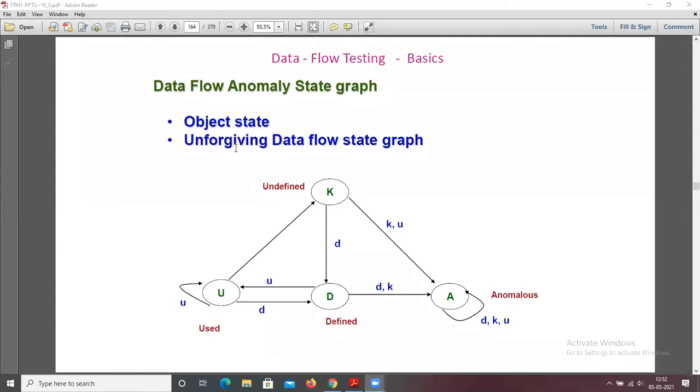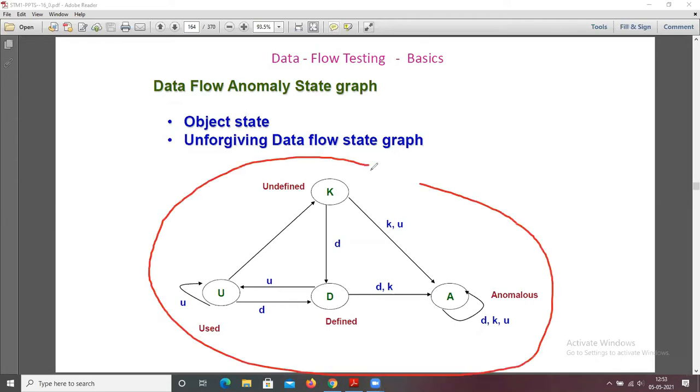If you observe this data flow graph, this is an example of the unforgiving data flow state graph. There are two types: the forgiving data flow state graph and the unforgiving data flow state graph.